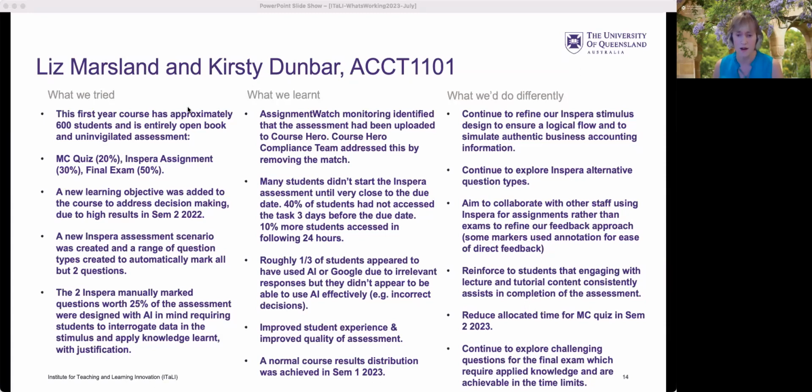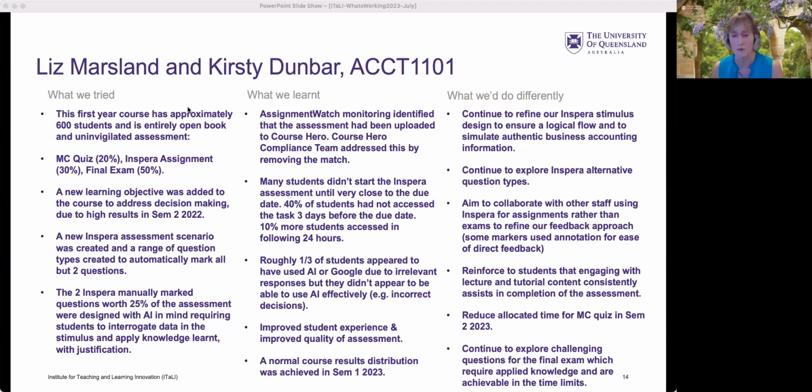And in terms of the final exam, we had spoken to some of the learning designers around some of the aspects we could use for our final exam, in terms of a useful adaptation of accounting type content in a final exam context that is open book.